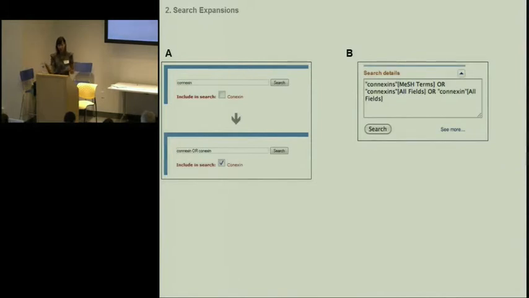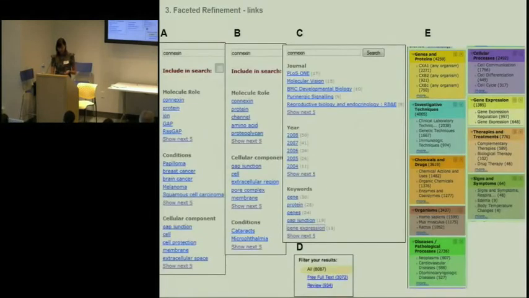And PubMed, you already saw this example, has quite a specialized search expansion option. For faceted refinement, we tested several systems developed by Pingar using our API. And we also used Solr to generate facets based on existing metadata assigned to medical articles. At the bottom, you see the PubMed facets, and E is a system with a full hierarchy of terms from